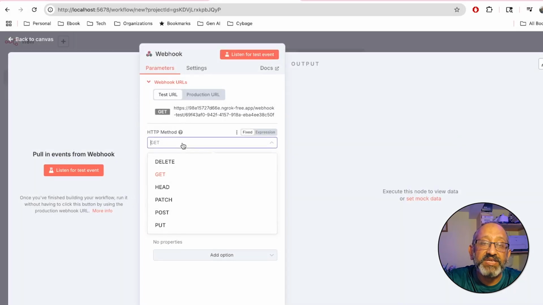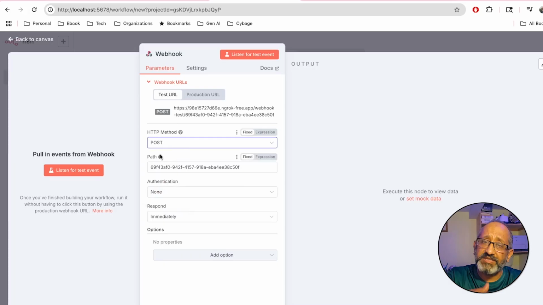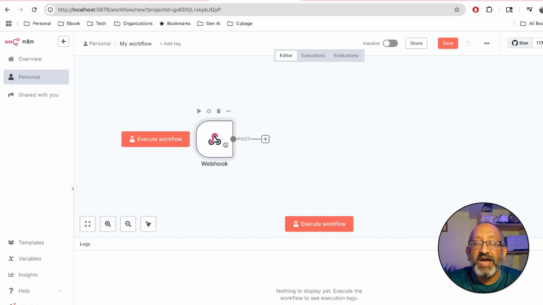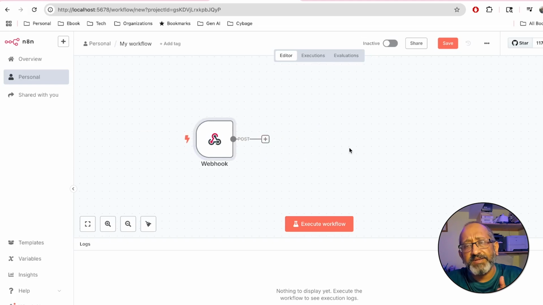You have to change it to POST because you're getting data in from the Lovable application, from the chatbot in your application, and then you can start having that conversation with that application. I started building one at a time, executing one at a time, with multiple tools that I used. Sometimes you don't need those tools, you can remove them, but if you need an extra tool, you can ask for it.